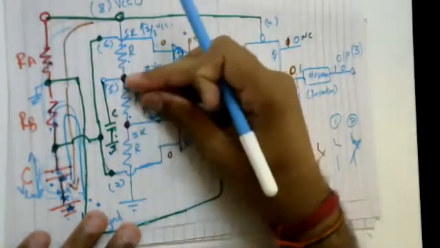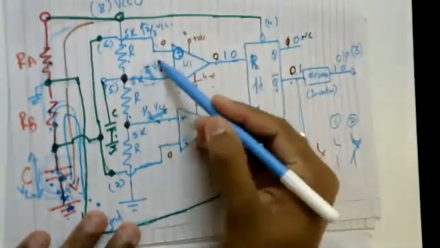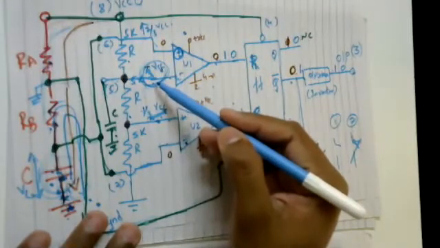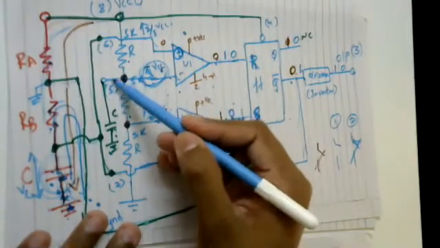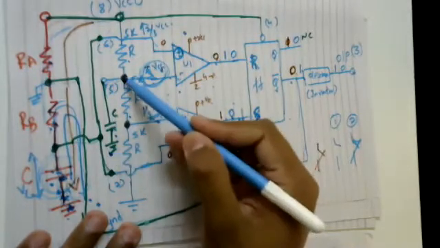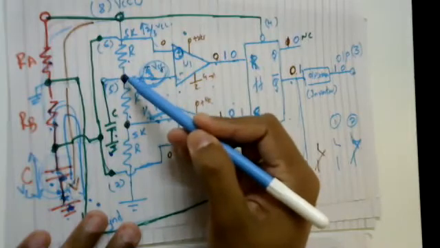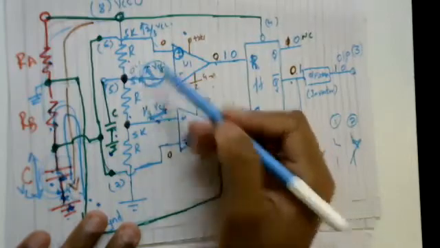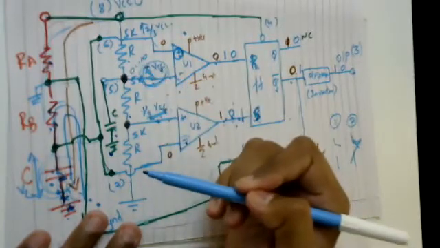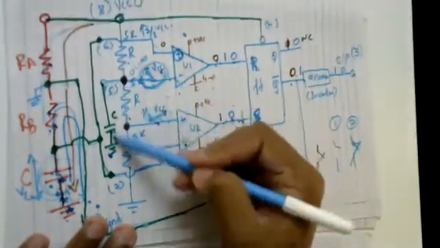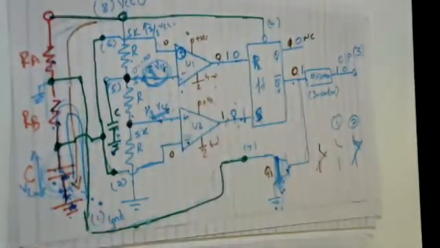And the voltage across that is 2 by 3 times that of VCC. Do you agree? Now, if I connect this terminal to ground directly, what happens? This junction will always be at ground voltage, always at 0 volts, which I don't want. In order to maintain this 2 by 3 voltage at all times, I am putting one capacitor C of a very small value. Understanding?